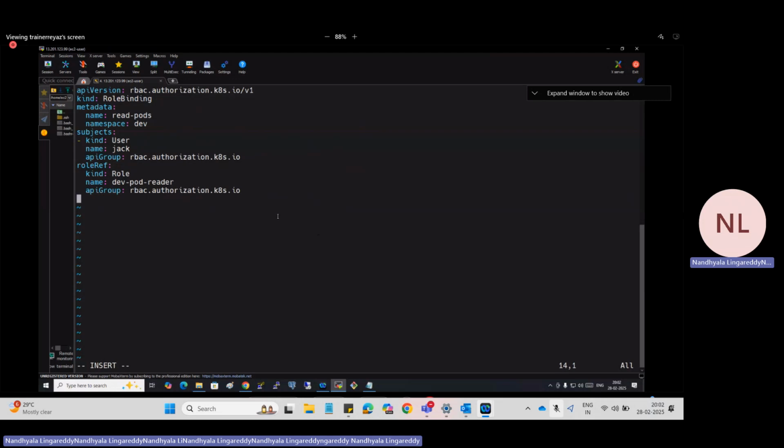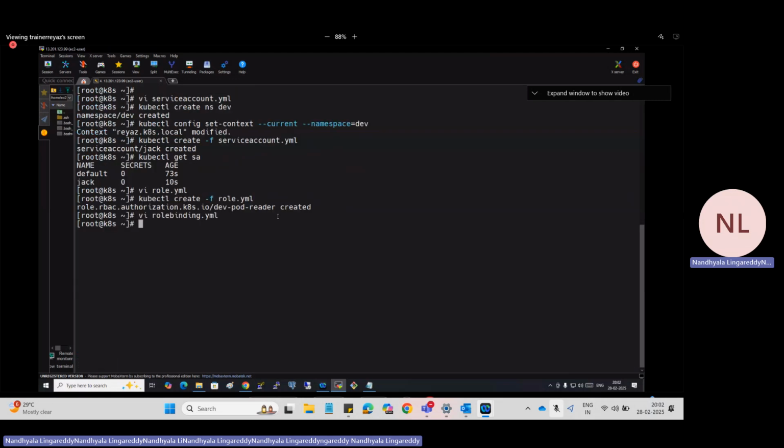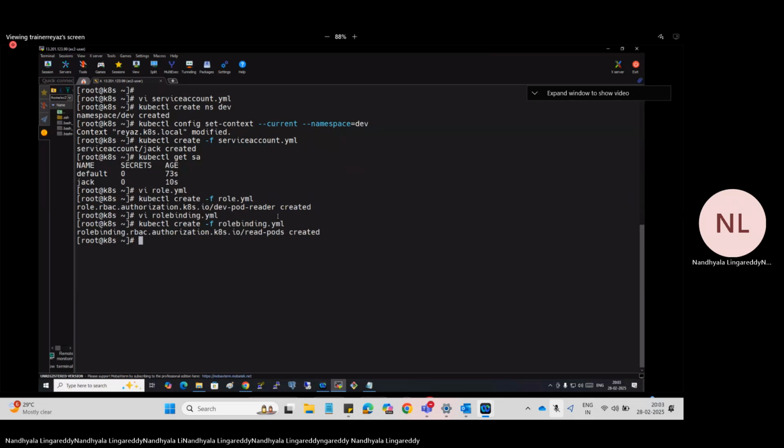Okay, so let's go. And then what do we need to do? kubectl create -f role binding. The role binding was created now. Now if I want to list the roles, what's the command? kubectl get roles.